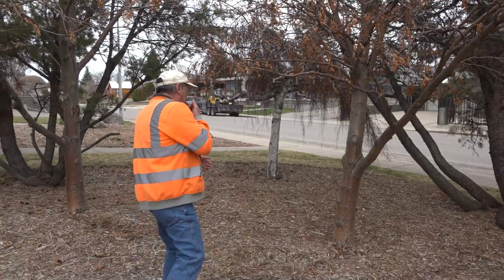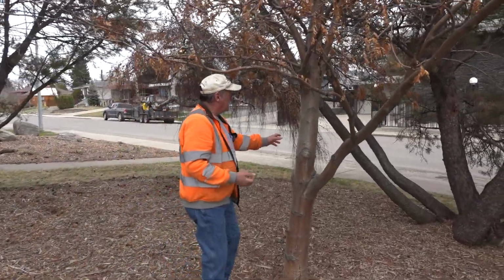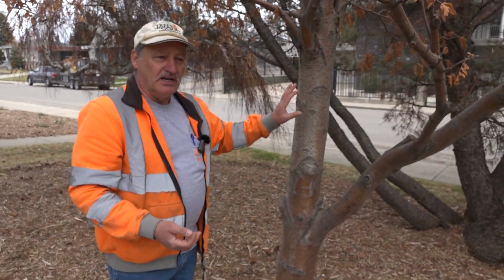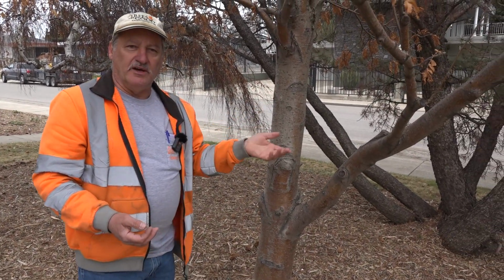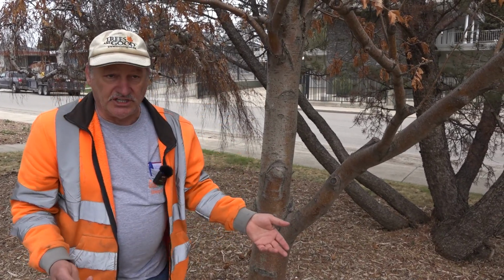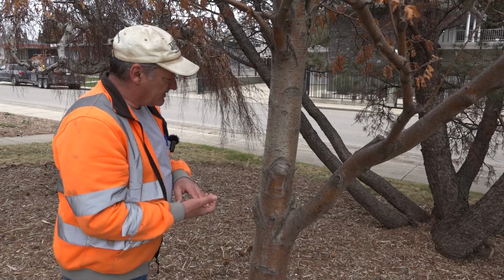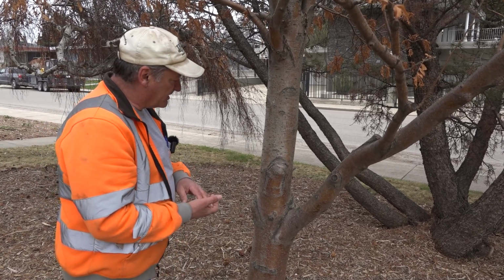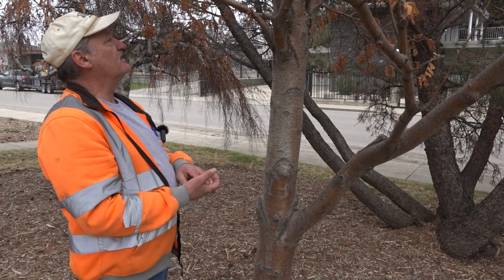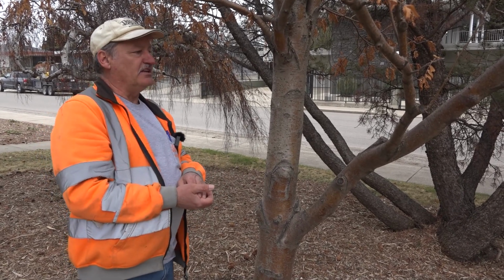They come with different colored bark. Some of them have more of a silvery sheen to them. You've got the showy mountain ash and you've got the European mountain ash. It's also called a rowan tree. So there's lots of different common names, but they're definitely a good tree for our region. And I don't even see any egg sacs on this, so there's not going to be any issues with bugs